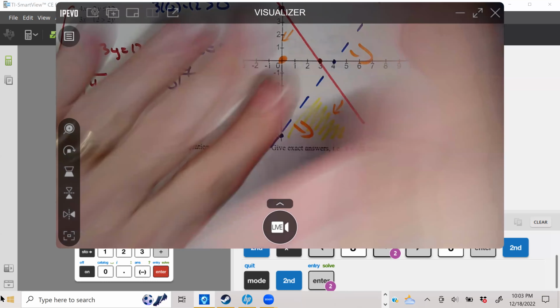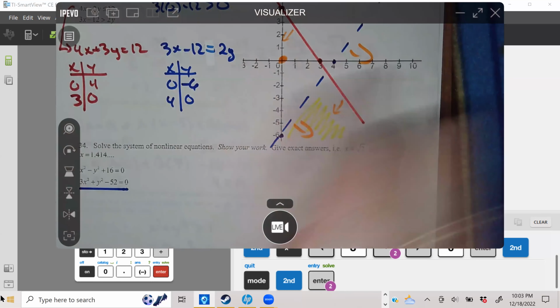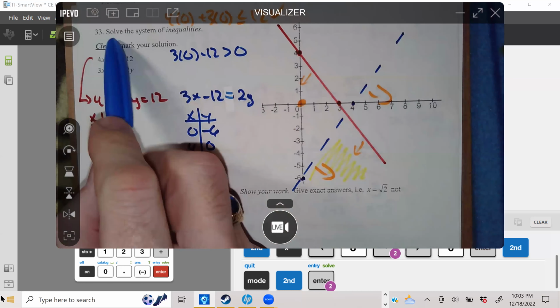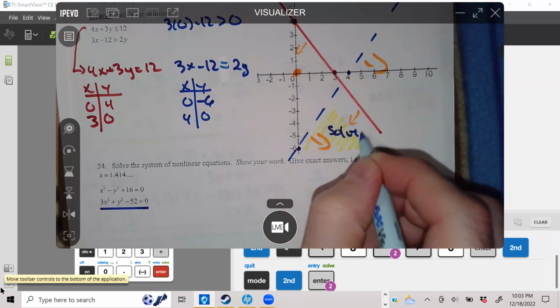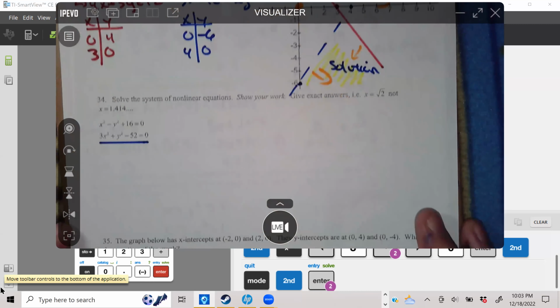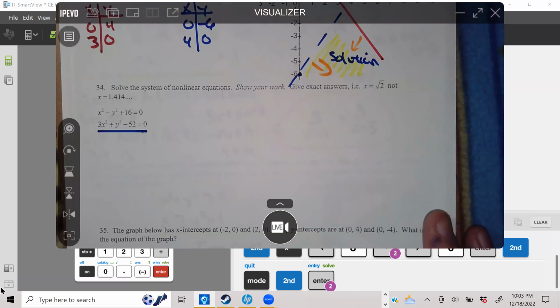You could shade everything and then just circle where they overlap. That's fine as well. But either way, I want you to clearly mark your solution. This is our solution right down in there. Moving forward,